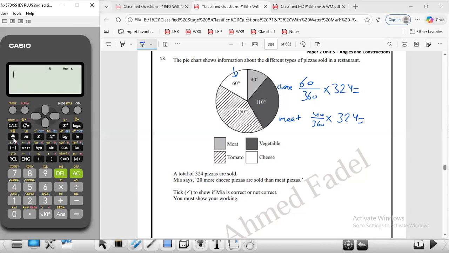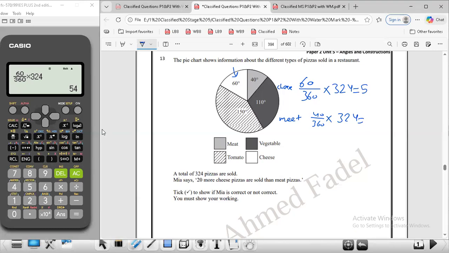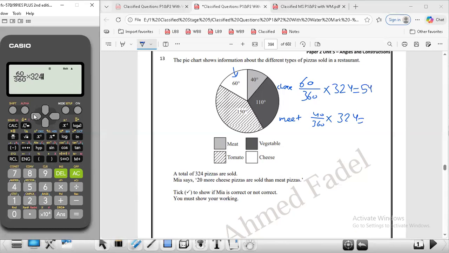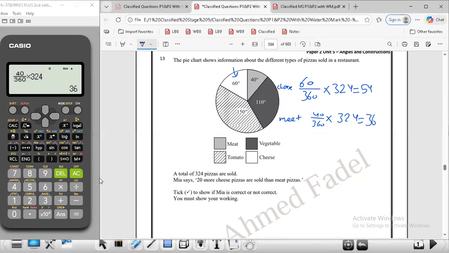Let's do this. 60 over 360, you multiply them by 324 equals 54, while the other one is 40 over 360 times 324, it's 36. So showing that cheese is only, you're going to find that it is only 18 more